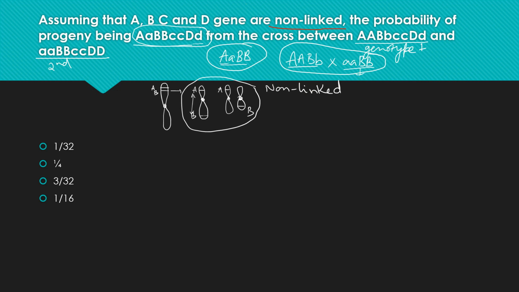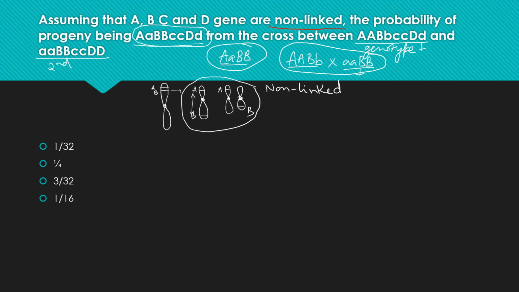Sometimes this Punnett square can become very long, making some 16 rows and columns, so that will be too difficult to work out, right? So there is a trick for this, but I'm going to tell you that trick later. Let's first solve this particular question with the help of a Punnett square only. In that also, I'm going to tell you the trick for how you can find the possible gametes.